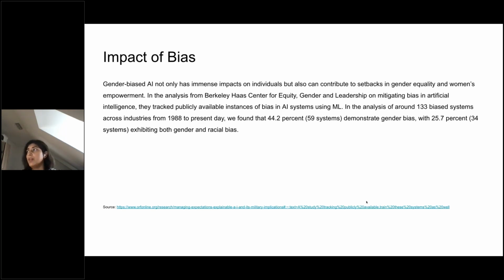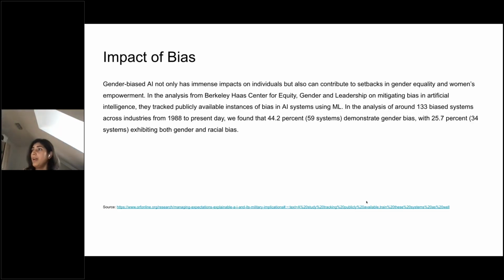The impact of bias. So the impact of bias is also really bad, as I've discussed multiple times now. But basically it is also enforcing these prejudices, the stereotypes we have in the society, and can also contribute to setbacks in gender equality and women's empowerment. We definitely want to improve our future, right? And we don't want to improve it at a very normal pace. We want to make it fast because we will be responsible for a lot of things in the future. This generation will be. So let's try to solve the problems that we already know about.